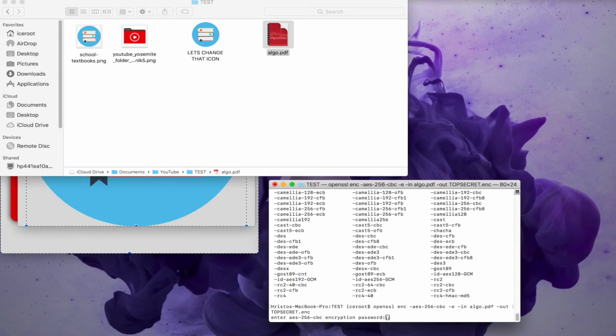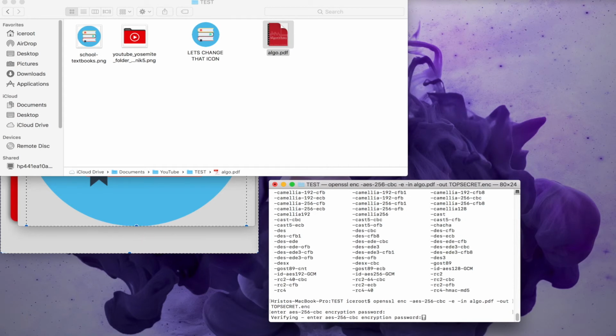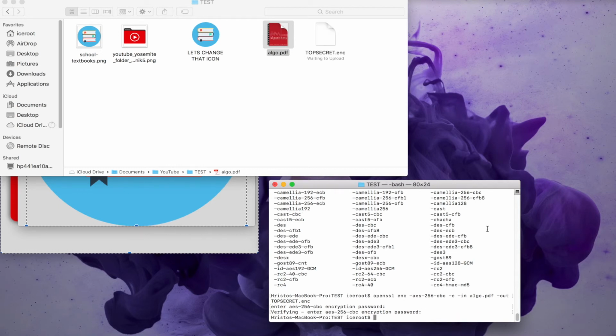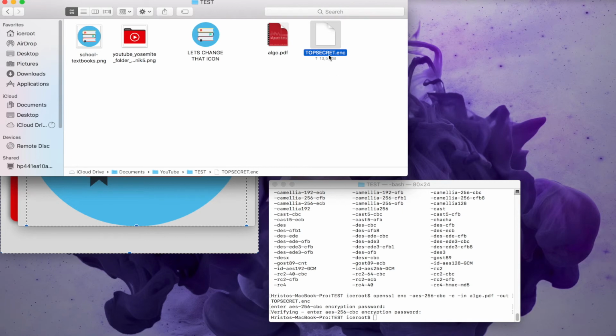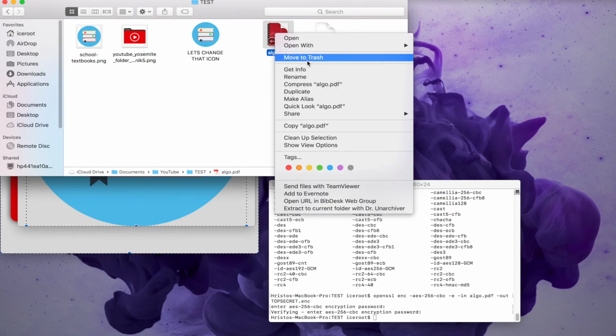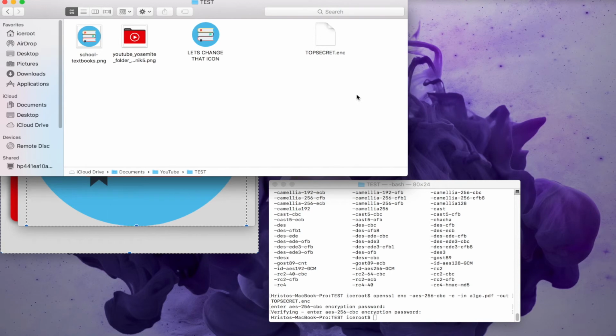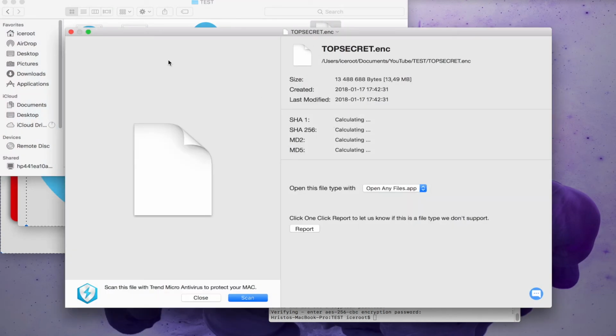And now you're prompted to enter a password for the encryption. So you type your password on the keyboard. You need to type it one more time and press enter. And as you can see here, now we have the file and it's encrypted and nobody can read it. And we just delete this one, and now nobody can access it. You see, you cannot access it,